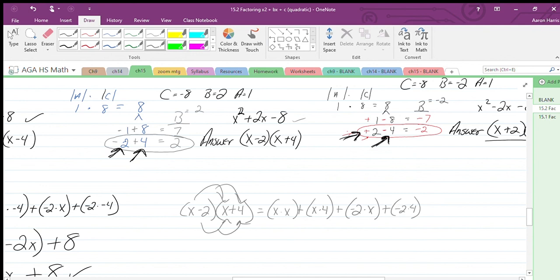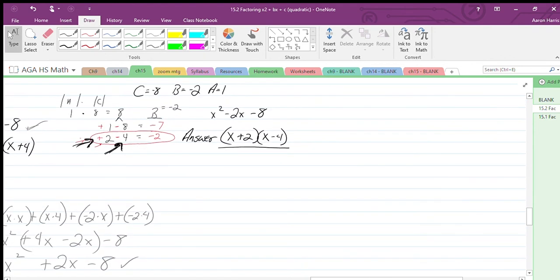Does that make sense? Pretty simple. X times x is what? X squared. X times 4, positive 4x. Negative 2 times x, negative 2x. Negative 2 times 4, negative 8. Combine like terms. X squared plus 2x minus 8. Checks out. And then the last scenario that we had